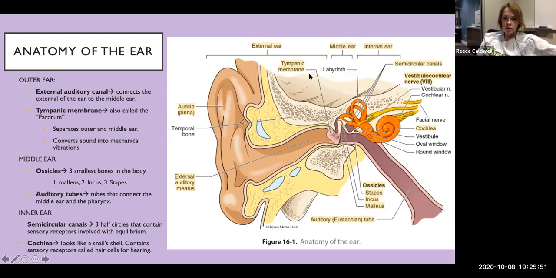So the ones I would have you label on this picture would be the pinna, which is the satellite structure, the external auditory meatus, the tympanic membrane, the ossicles, the semicircular canals, and the cochlea. You don't need to know the vestibulocochlear nerve or the auditory tube. Just know pinna, external auditory meatus, tympanic membrane, ossicles, semicircular canals, and